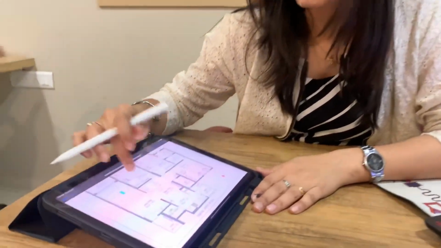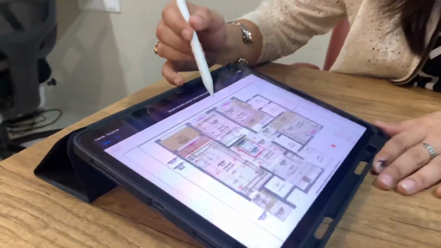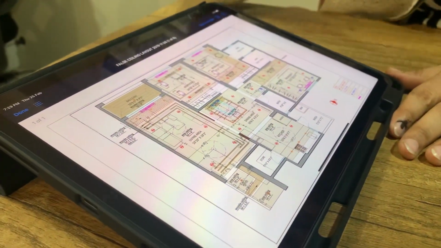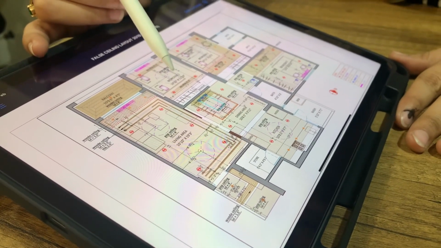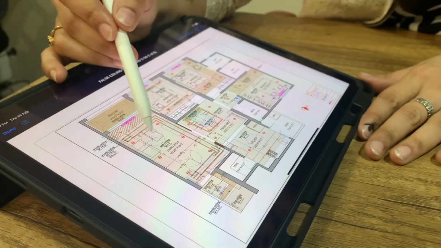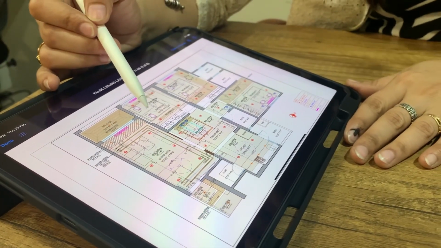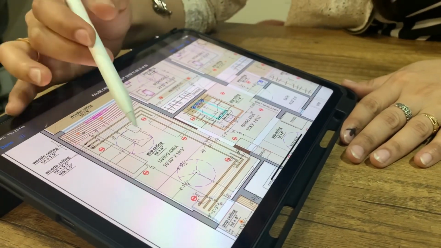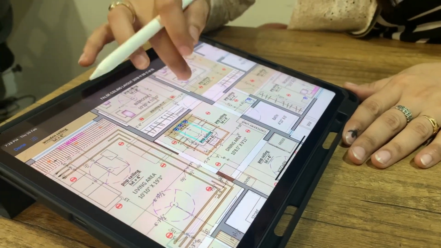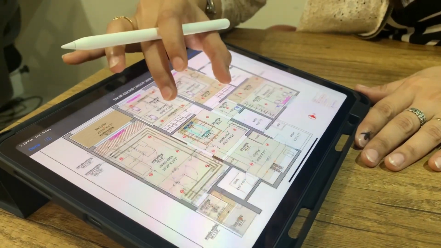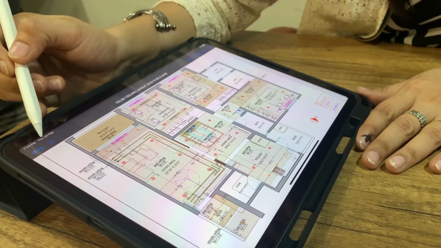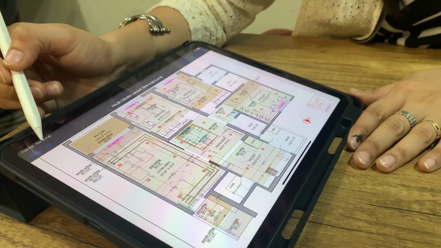The next stage is the false ceiling part. For the false ceiling, let me show the example. This is the false ceiling. We put different colors to mention the different layers, with tentative locations of different lights, fans, etc., with each and every dimension to execute. You can see here. After this, we can start execution for the false ceiling part.